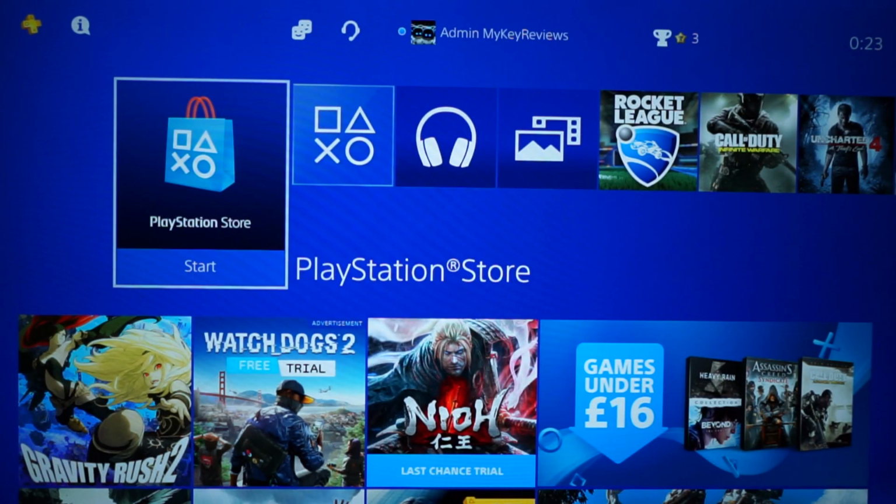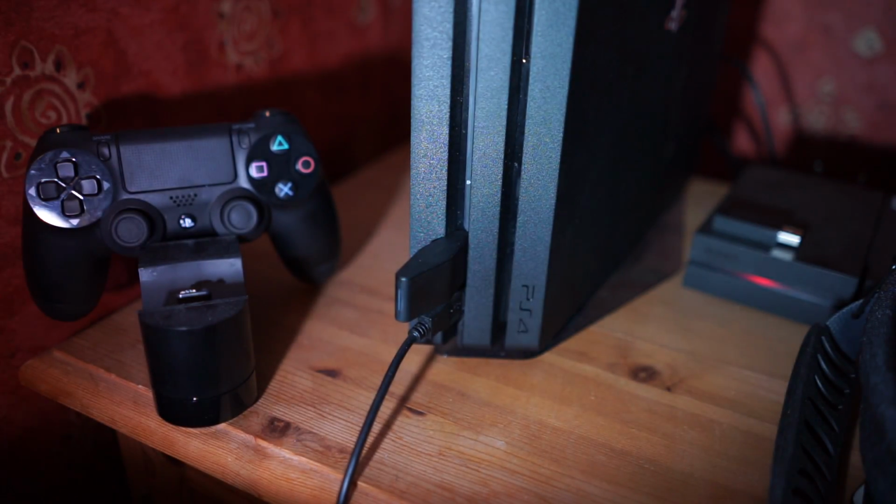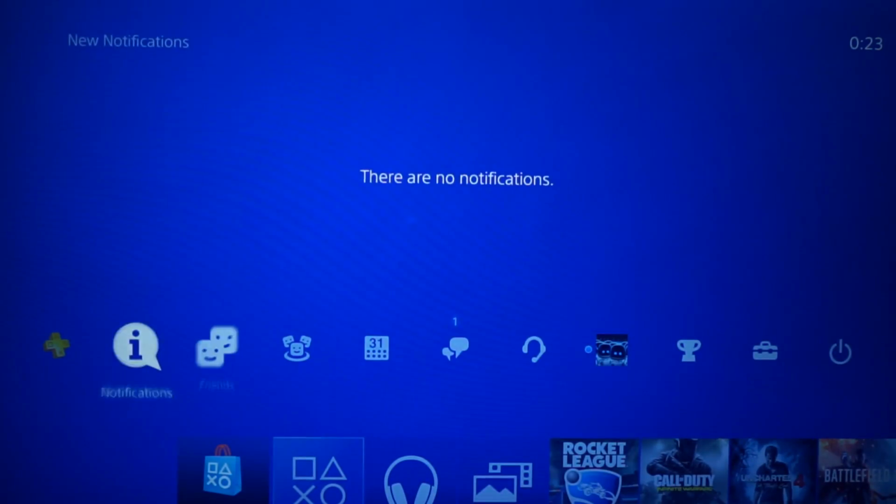Setting this headset up is extremely easy. First of all, ensure it's fully charged. Once charged, insert the USB dongle into the PS4 and then turn the headset on. If you've previously used wireless headsets such as the gold headset, you'll find that you probably won't actually need to change any settings. But if it doesn't automatically configure, all you have to do is go down to this settings